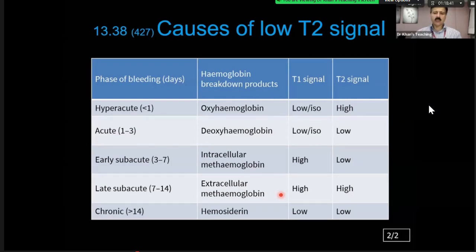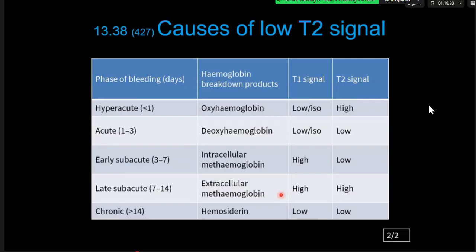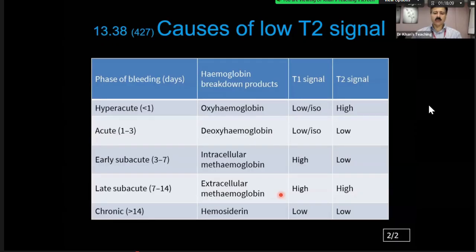Number two is the convention that if a hematoma has various types of components, it is classified by the oldest component. So if a hematoma has a chronic component and with that there is a subacute component, you will say that there is a chronic hematoma with a portion which is subacute. And another thing which I have already pointed out, the take home point, is that subacute hematoma is the only type of hematoma which is bright on T1 weighted sequence.